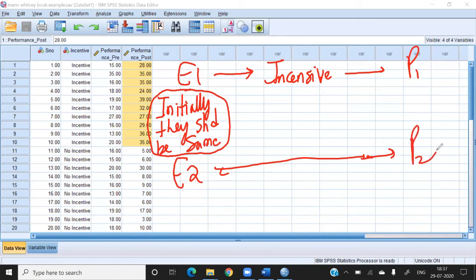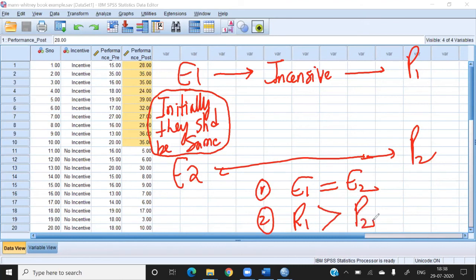What is the objective here? There are two things you have to prove: initially E1 should be equal to E2, meaning initially their performance is the same, but after introducing the incentives, the performance of the first group should be greater than that of the second group. So I think the purpose of the researcher is clear: we are here to prove that incentives are better than no incentives.